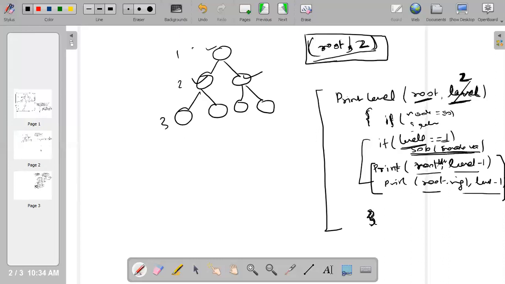So if you're printing the first one, you just print the first one without the recursive call. So let's say if I pass root comma 1, instead of...